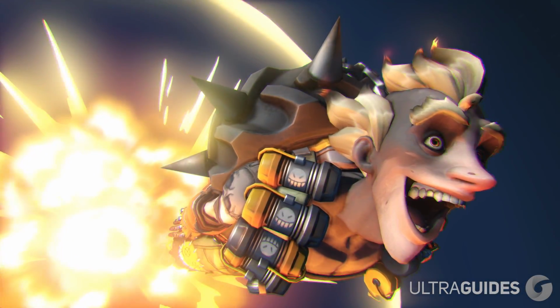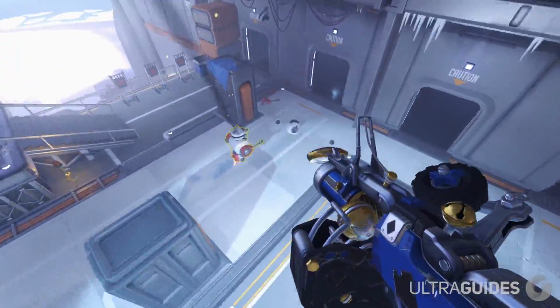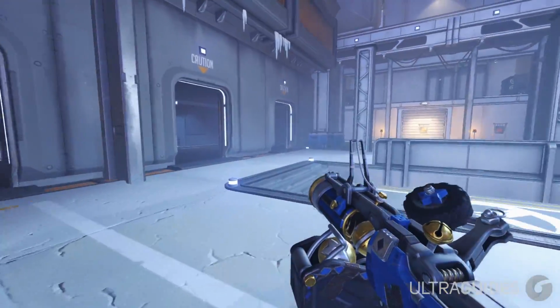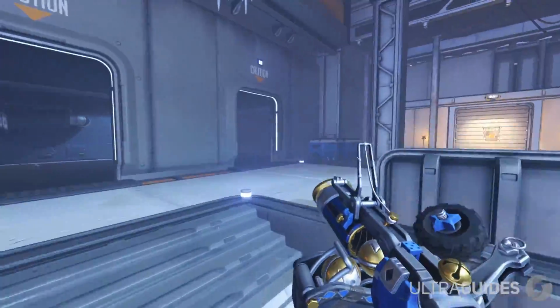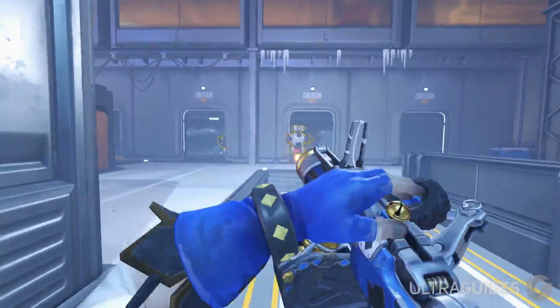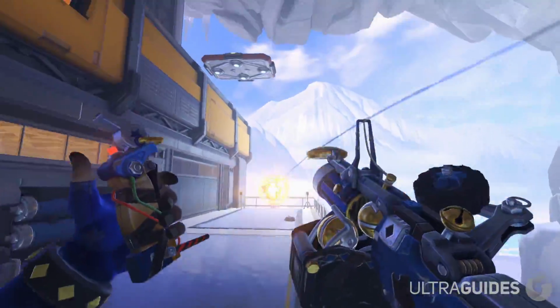On Junkrat, this is a very simple and very common technique, but just make sure that you're doing the primary fire and concussion mine combo. You can insta-gib so many targets with this, and getting this down consistently will guarantee a climb to at least high diamond or low masters if you have decent positioning and decent game sense. After that, this will become your primary tool, but maybe not necessarily a carry tool, but it's still something you